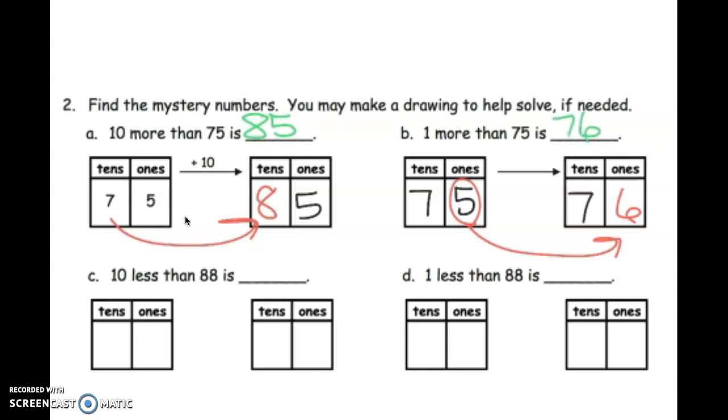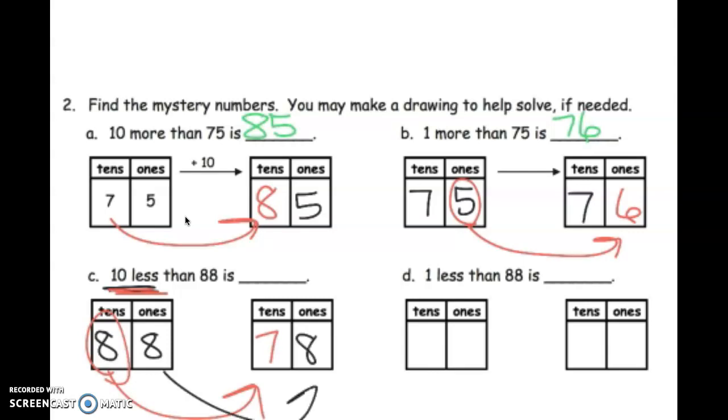And that's the idea. And actually, let's do just this, 10 less than 88. So first, let's build 88. So building 88 means we're going to have 8 tens and 8 ones. Now, if it says 10 less, what does that mean? Well, that means instead of having 8 tens, we are going to only have 7 tens because we got 10 less. We're eliminating one of our 10 strips, right? Our quick tens. And then, of course, the 8 stays the same, 8 as in 8 ones,